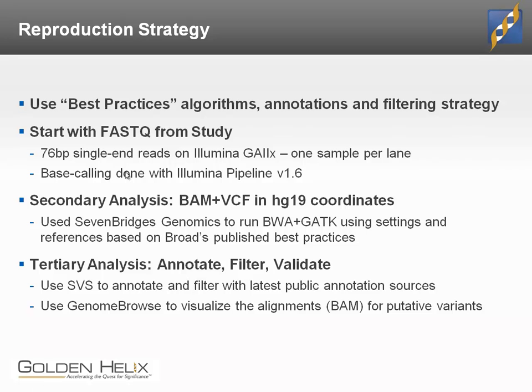Okay, so let's talk about how we would, pretty much in any study looking for a rare, potentially highly penetrant variant, what would be common best practices ways of going about that. First, you need to pick an alignment and variant calling strategy that reflects best practices. And so what we did here was use BWA and GATK. We ran that pipeline, which has a lot of intricacies to setting up.